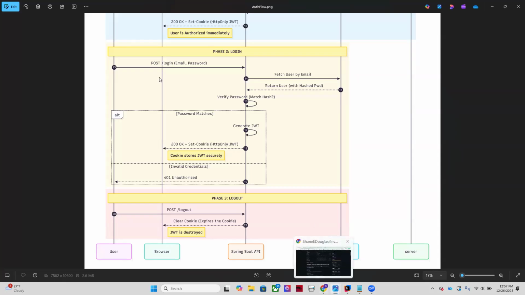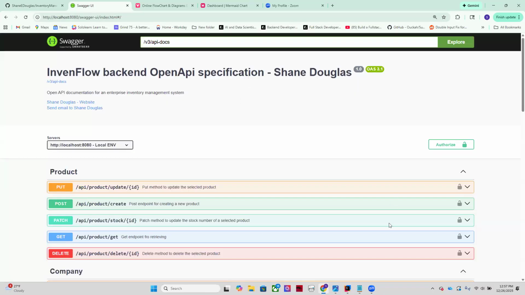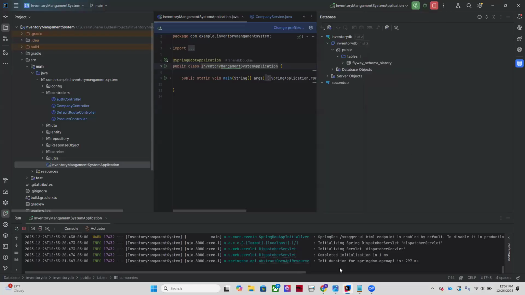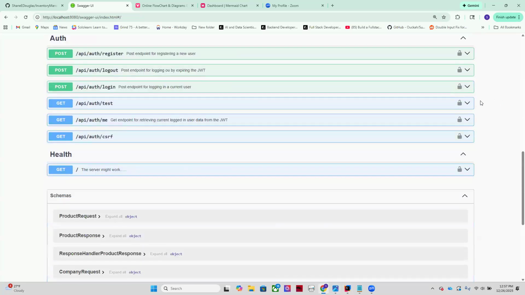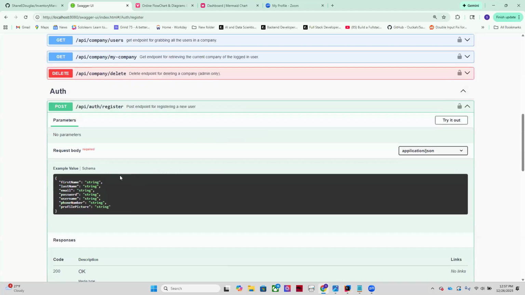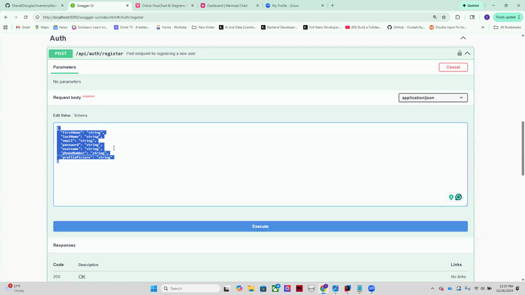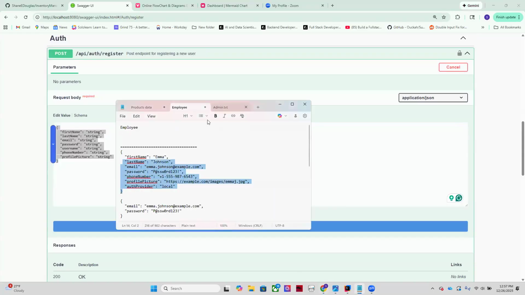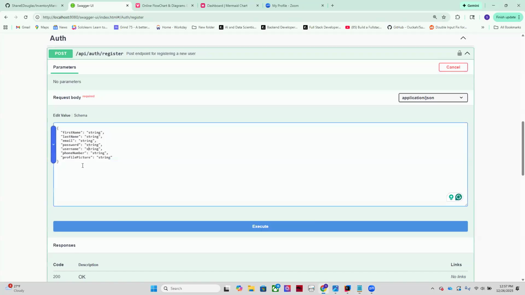Okay, so now we will be using Swagger UI to demonstrate our endpoints here. The application is already running, and here is our database showing right here. So let's go to registration here. Here is the request body requirements. I already have everything saved onto this text file here. So I'll just register here,